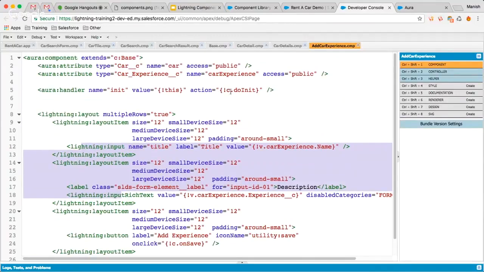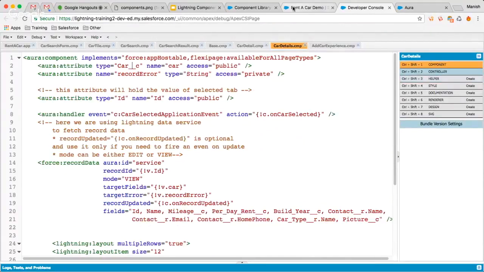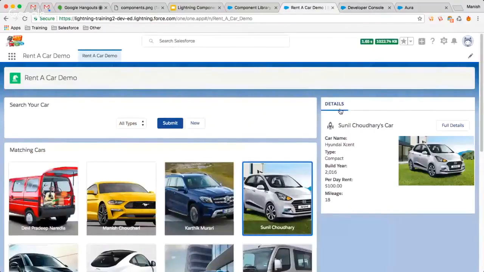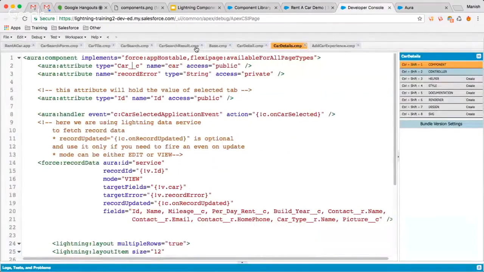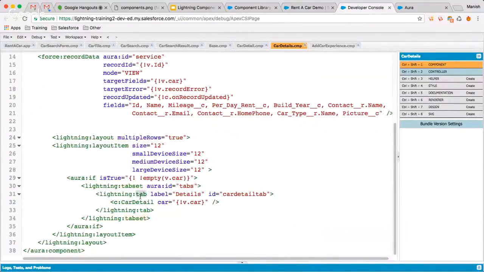Once you create this markup, you can include this add car experience inside your car details component here. So till now, if you see, our car details component is only showing one tab, that is details, but we want our add car experience tab also here. So go back to our parent component, car details. We already have the tabset and tab here. So let's copy this tab here,